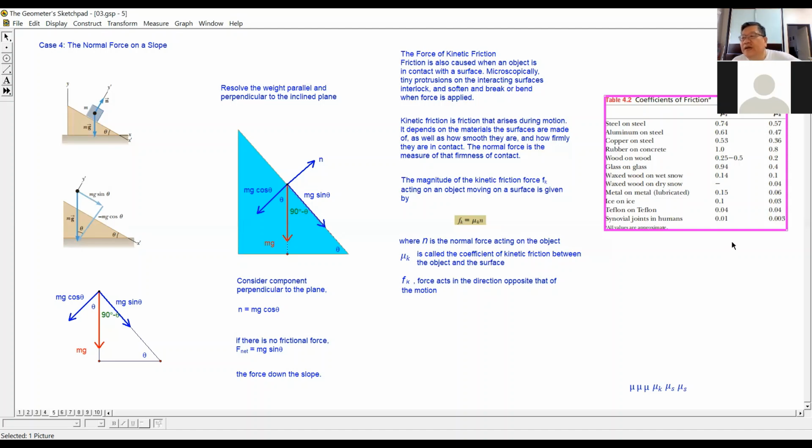Okay, so this is desirable, right? This is desirable. The undesirable one will be this one, rubber on concrete. We don't want to move rubber on concrete because it will wear out the rubber. Well, we want this type, the joints, so we won't wear out our joints. Okay, so we are going to look at